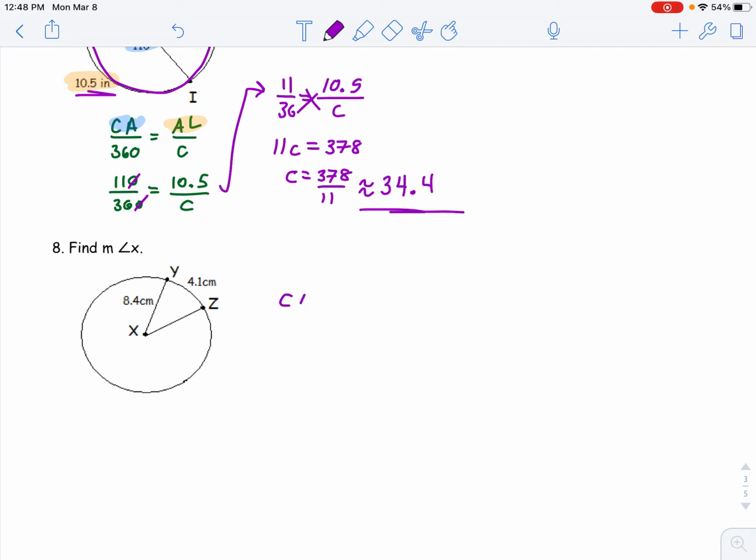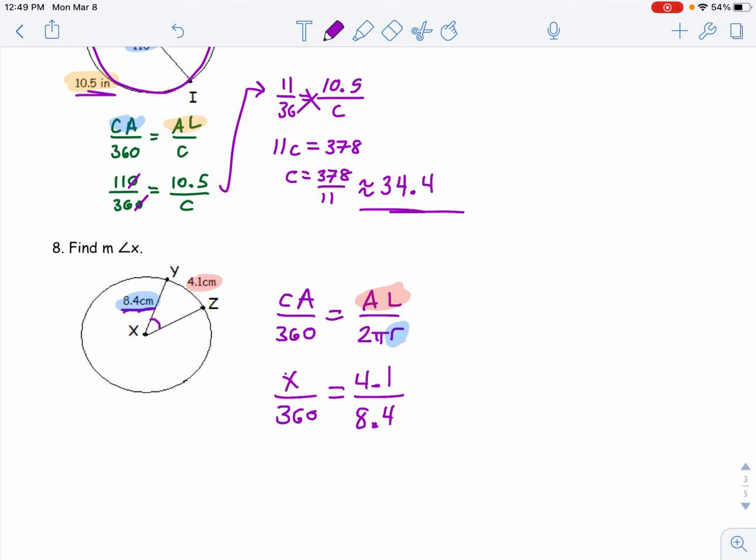All right, this time we have central angle over 360, and that's going to equal the arc length over, now it gave us the radius, so let's write 2 pi r. All right, it gave us the radius, so we'll plug that in for r, and it also gave us the arc length, so we'll plug that in for arc length. This time we're finding the measure of angle x. All right, so we're finding the central angle. So it's going to be the measure of angle x, or let's just call it x. Sometimes writing less is easier. Arc length is 4.1 over 8.4. Let me rewrite that. 2 pi